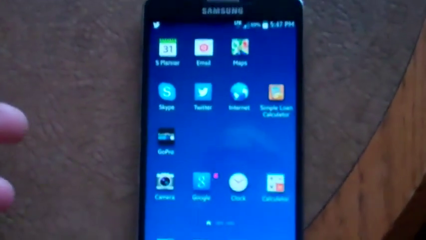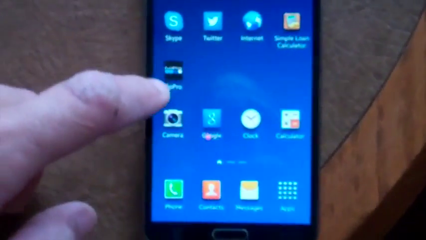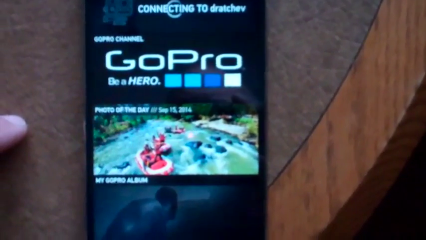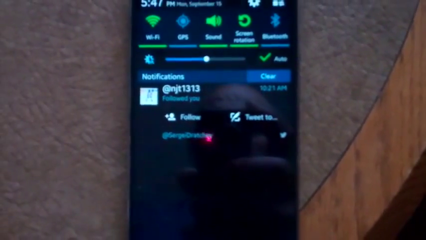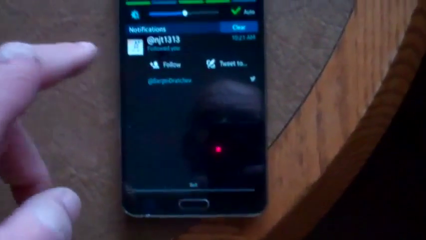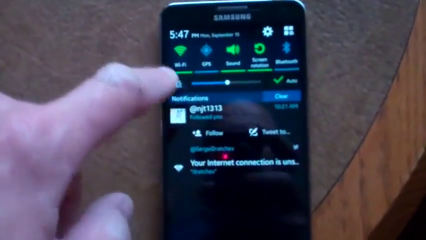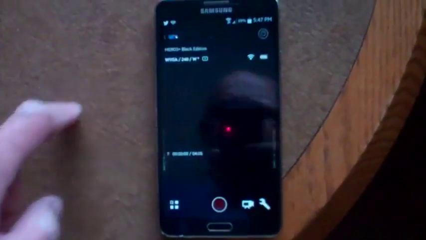I'm at a hotel in Niagara Falls, and this is my Samsung Note 3. And I understand that any kind of phone can work with this. So basically the GoPro has this free app, GoPro. You just get it for free from the store, from the Google store. The first time it can be a bit tricky, but I set up this network, and now as soon as I click Wi-Fi, it finds this and connects automatically. And then I just start the program, and I click Connect and Control,